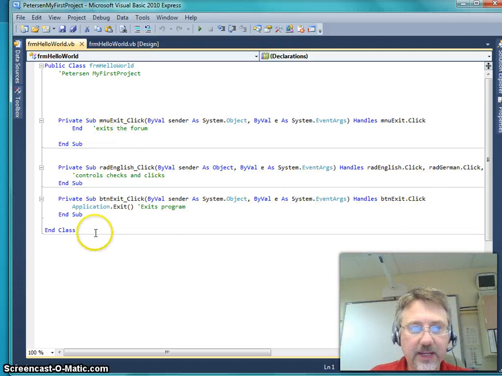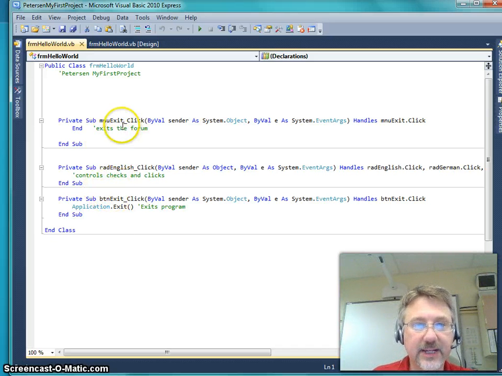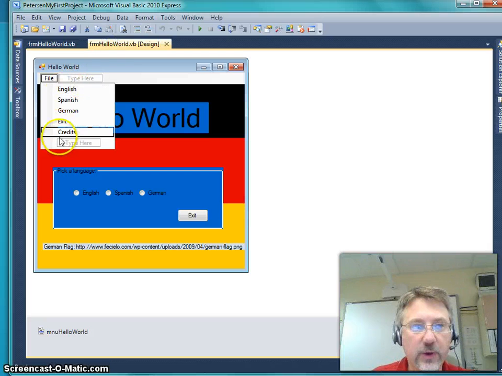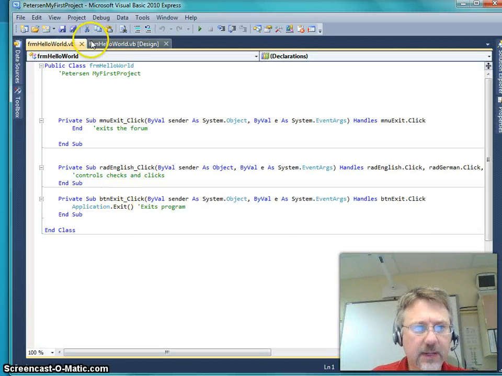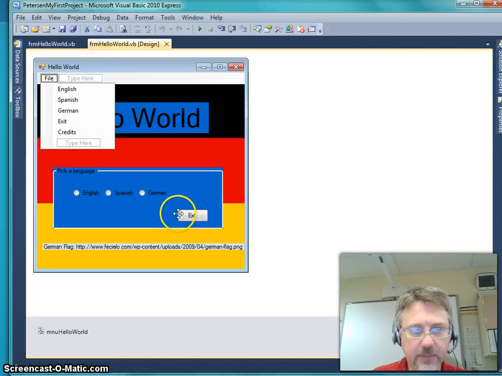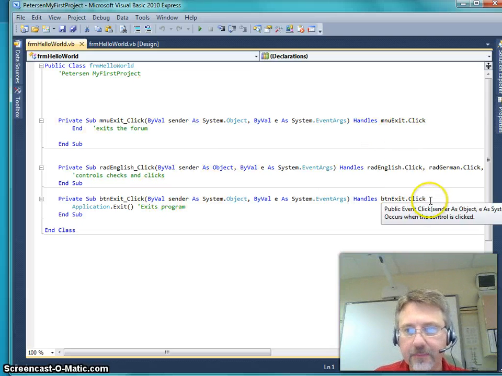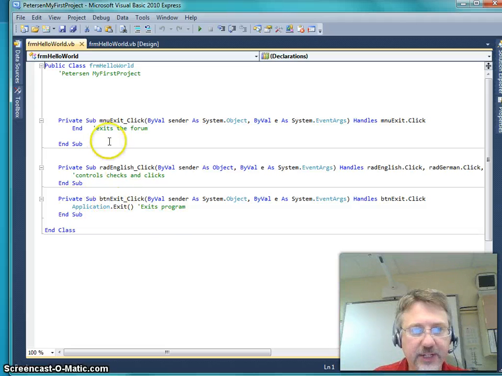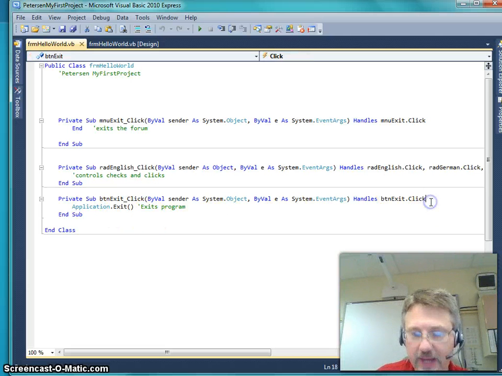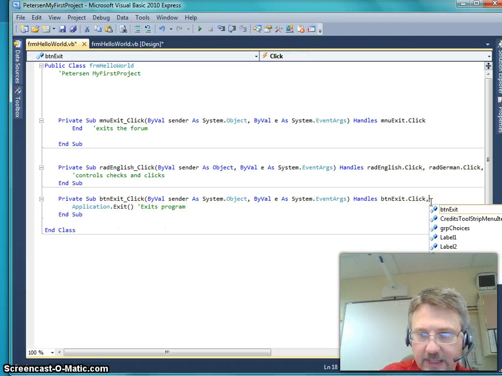Now, when we're combining stuff, let's start with this. The two that easily combine here are menu exit and the button exit. Is there a button exit on this one? Okay, yeah, so you've got an exit button here. We can easily combine those because they do the same thing, right? So down here we've got the application exit. That's really a better way to do it, and we'll do the same thing, but application exit is better. So down here, if we combine these two,